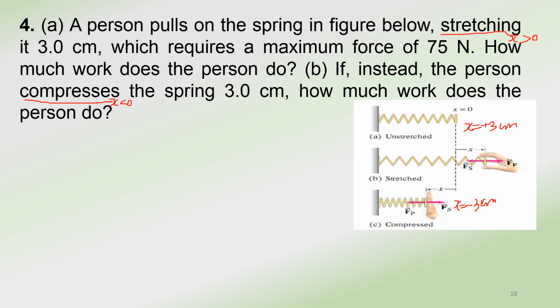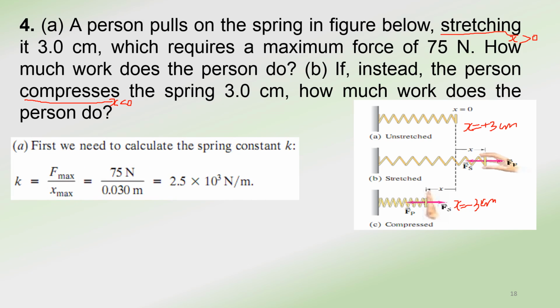Then the applied force is said to be 75 newtons. We are asked to determine the work done. How much work does the person do in case of stretching and in case of compression? We actually know that the work done in a spring, the work is equal to elastic potential energy, which is